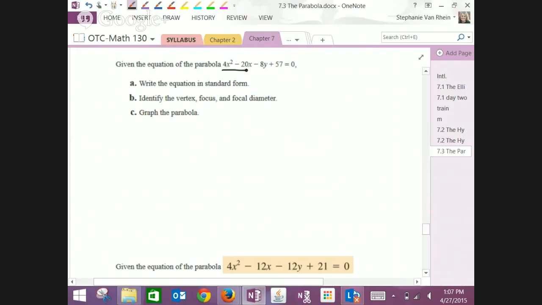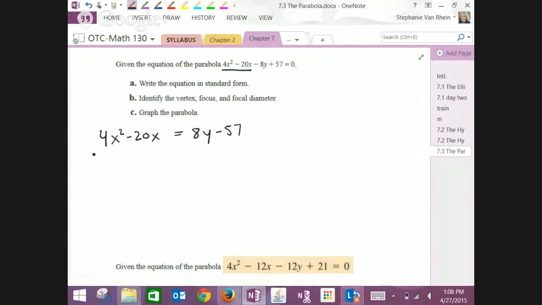So the x term is what's going to be squared, right? So I move everything else to the other side. 4x squared minus 20x equals 8y minus 57. Now on the left-hand side, I want to complete the square, so I need to pull out